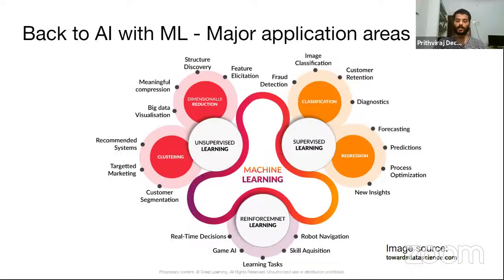Now, getting back to artificial intelligence that is machine learning. Once we started using machine learning, there were plenty of opportunities to leverage that technology. These are some very specific ideas and application areas of machine learning that we've been able to do so far. Let me take you through what is there in this slide. Machine learning is broadly categorized into three things: supervised learning, unsupervised learning, and reinforcement learning.